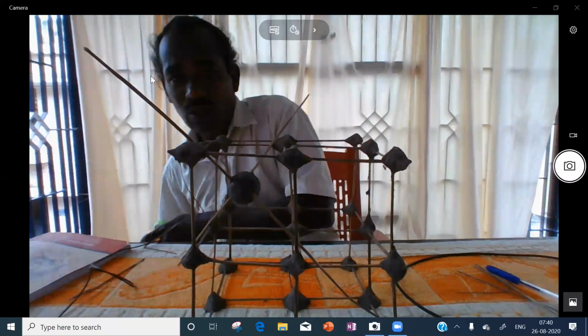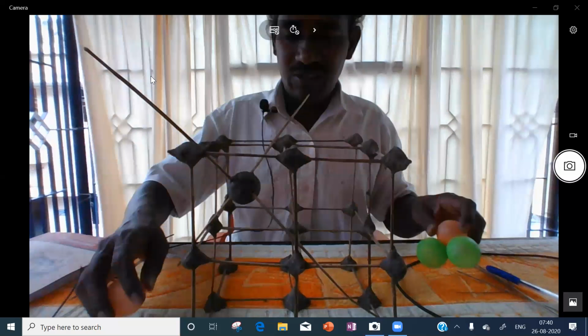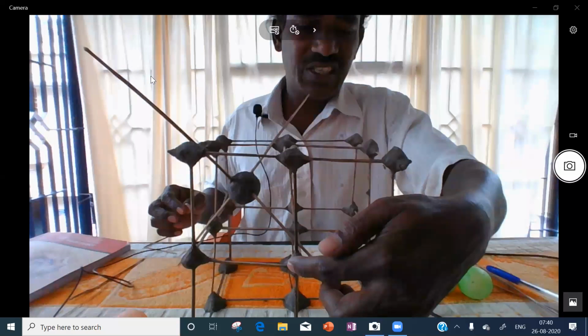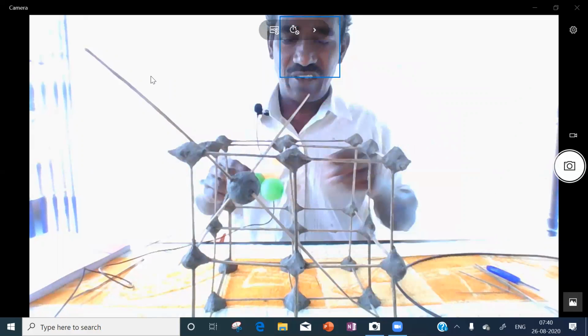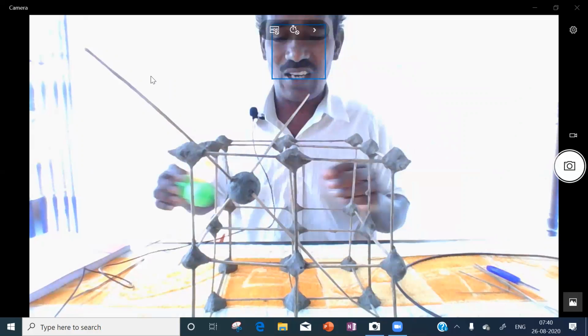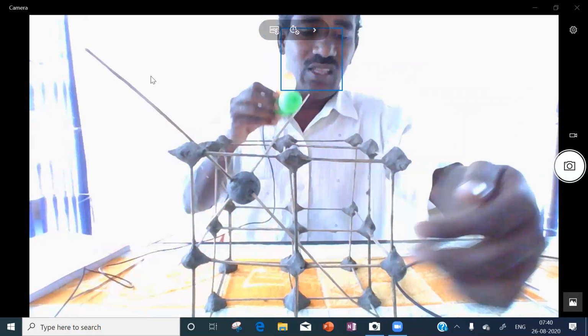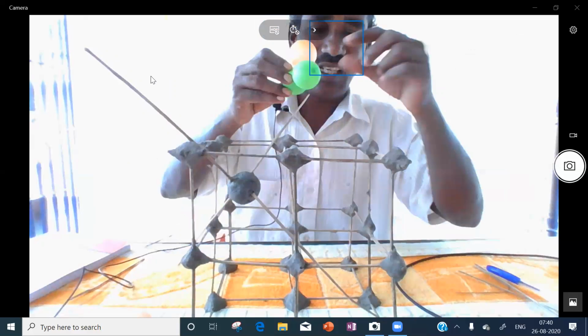So how will that be there? I will say, see, this front face center is like this. This is front face center. Okay, this front face center is there, no? That front face center I will show you here. Using this, the front face center is nothing but this.